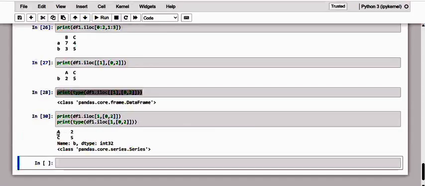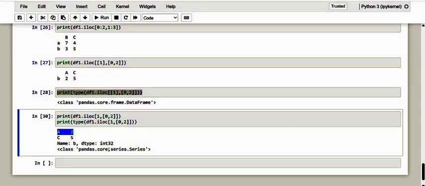See here, the first one is A2 and C5, and kindly observe that we get it as a series.